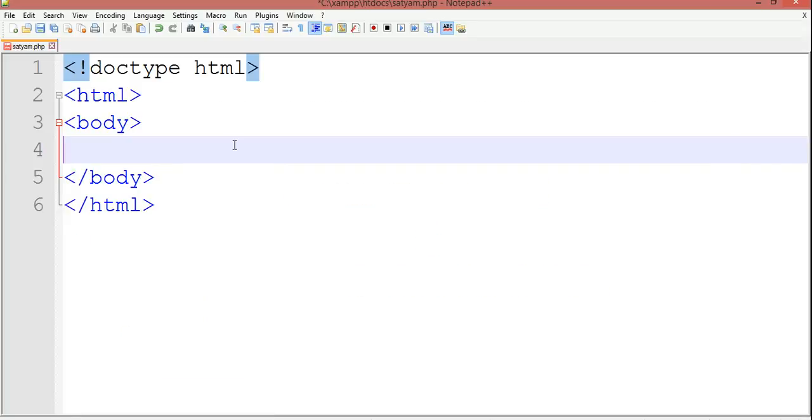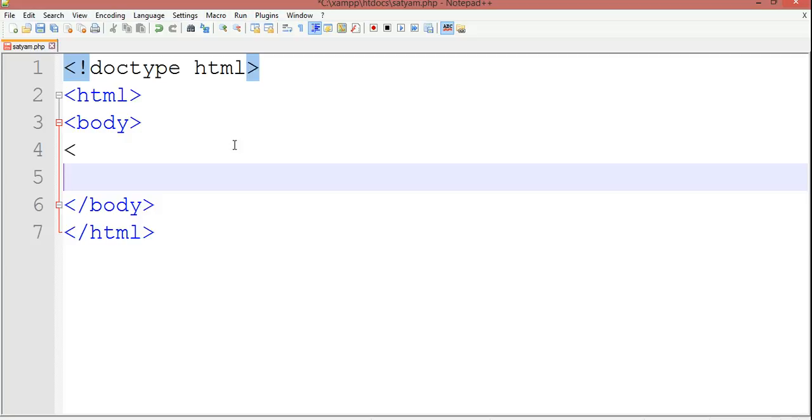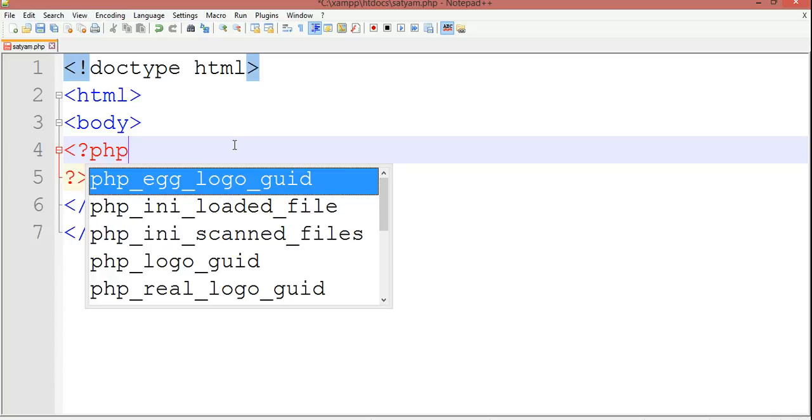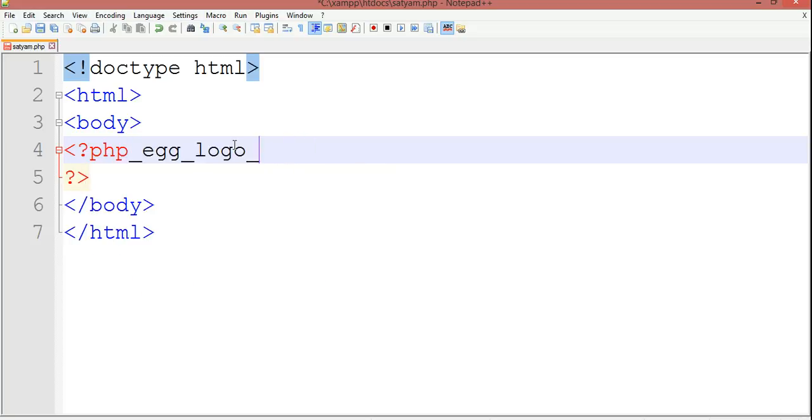So I'm going to write a simple PHP program. I hope you can understand these two things very well, because I am not going to repeat them again and again.